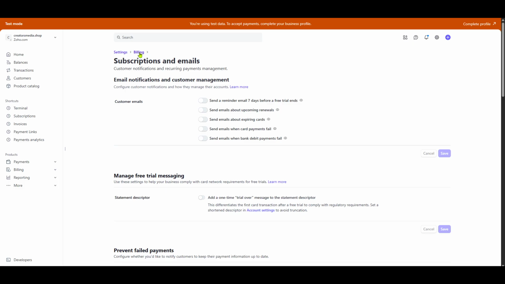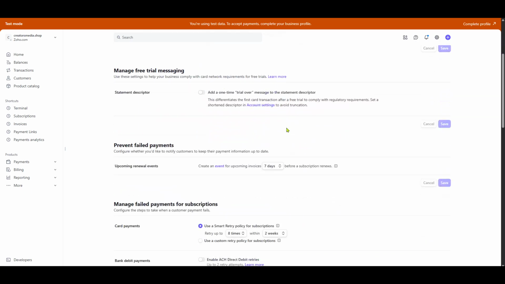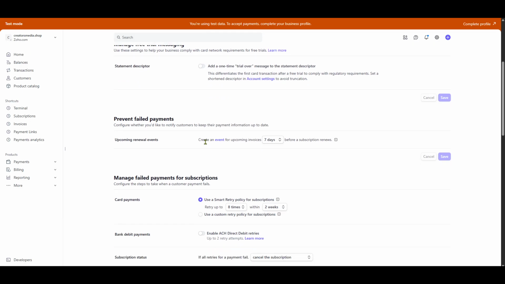At this point, you should see an option that says Prevent Failed Payments. Clicking here is crucial as it allows you to implement measures that minimize the risk of a failed transaction. Within this section, you'll have several options and tips on how to optimize the billing settings. This can include setting up smart retries for failed payments, adjusting notification settings to alert customers before their payment is due, and managing how many attempts you'll make to reclaim a payment before it's marked as failed.